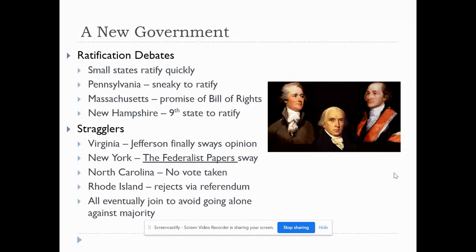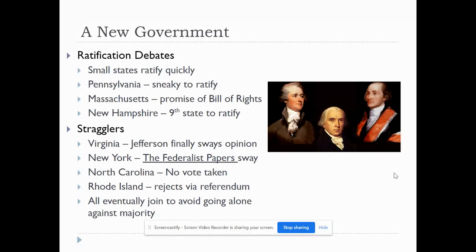as it's ratified completely. Once New Hampshire ratifies, they are the 9th state to ratify, it becomes the law, but there is still a feeling like if they don't have certain states join, then they're incomplete, if you will. And the 2 that are concerning are Virginia and New York. Nothing against North Carolina and Rhode Island, but they're not the keys to making sure that everybody's on the same